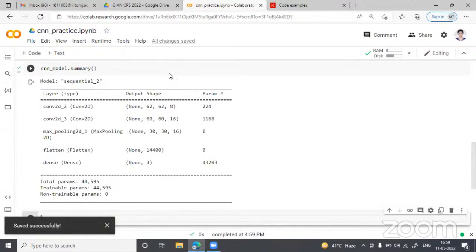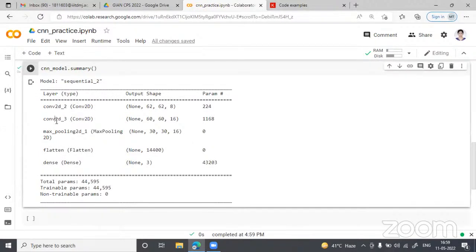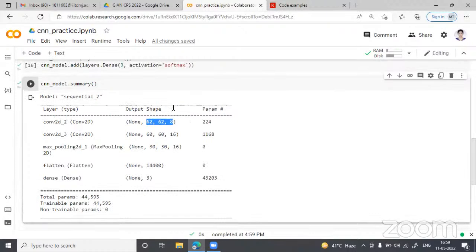So this is our model, which has first hidden layer as Conv2D, second Conv2D, third is MaxPooling2D. Then we have used Flatten and then Dense. These are the output shape of each of the layers. So after first convolution layer, the output shape is 62 cross 62 cross 8. You can see